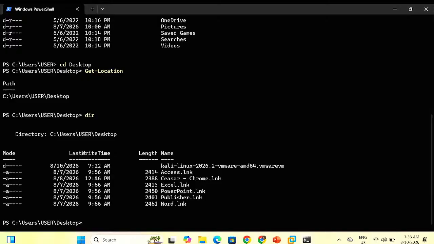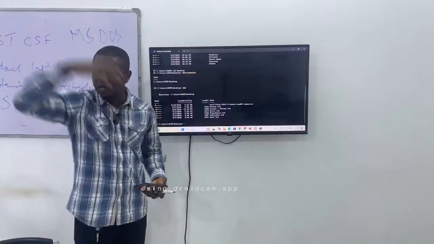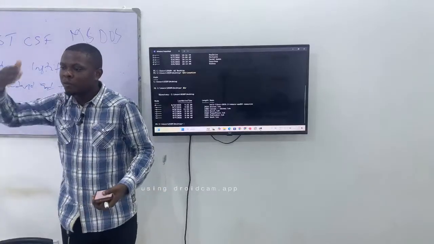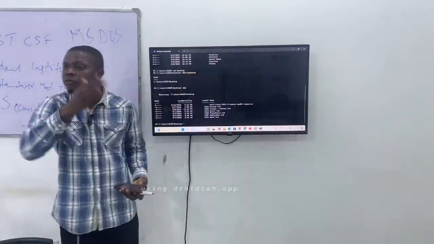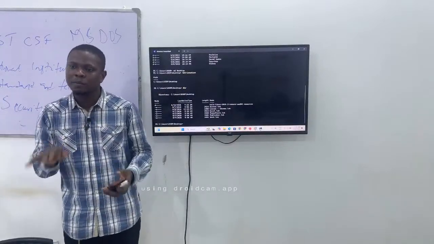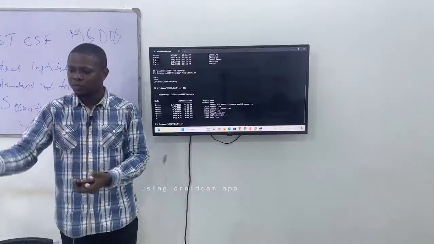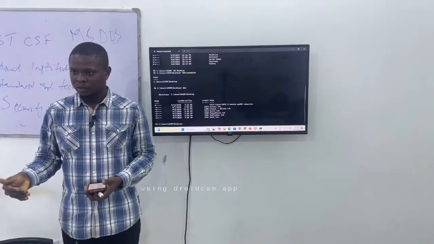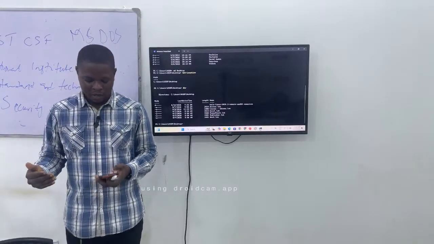Is it clear? What this terminal does now, it shows me everything that is on my GUI, but on the terminal I communicate with my system and move around the system without using my mouse to go from here to here. I just type, okay, take me to this place, do this for me. Is it clear?